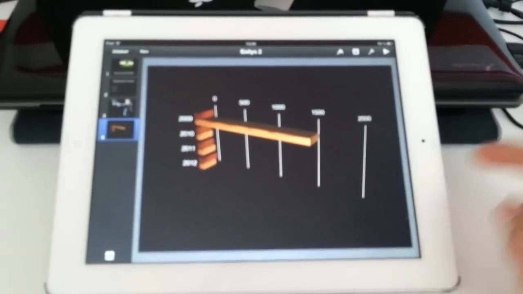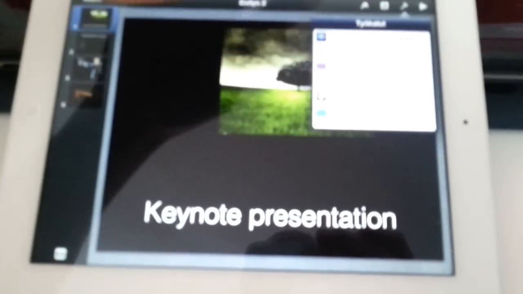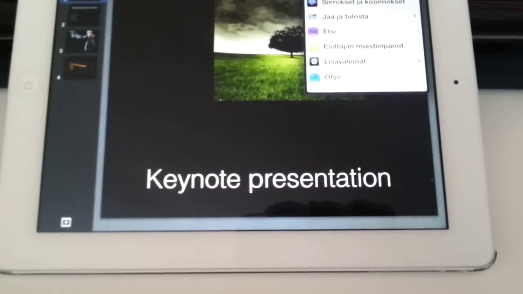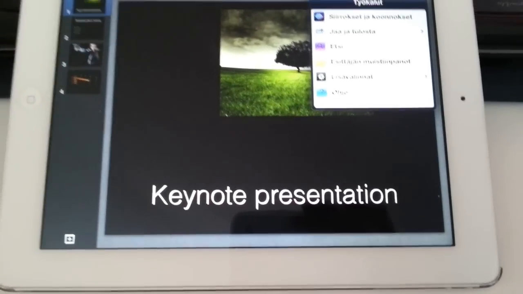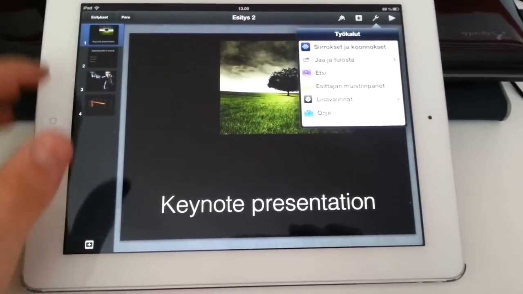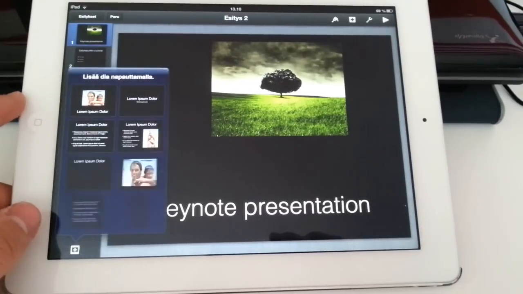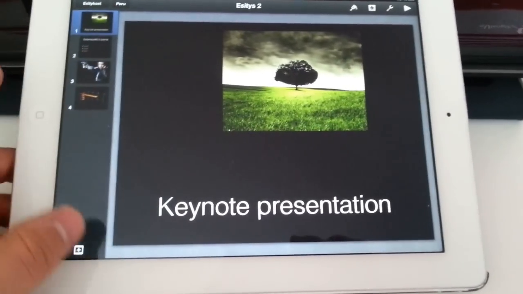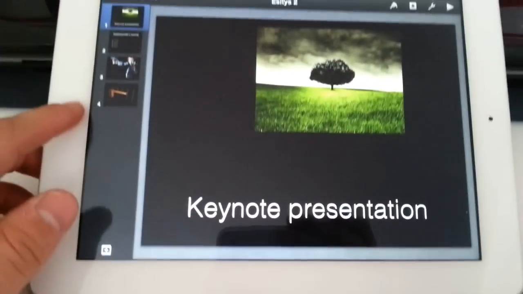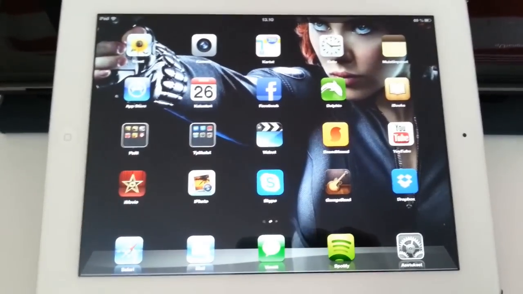Very convenient. I haven't completely learned how those presenter notes work, but I'll let you know when I get that. So that's that. Very easy, very good. You can add so many different options you have to choose. And it's better than the Microsoft version of this. So that's that.